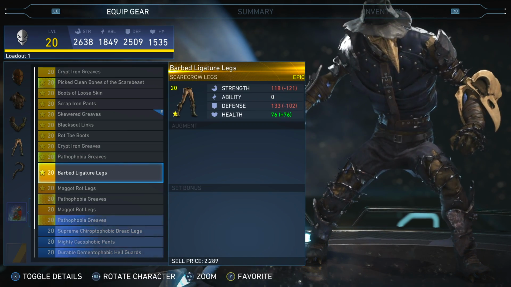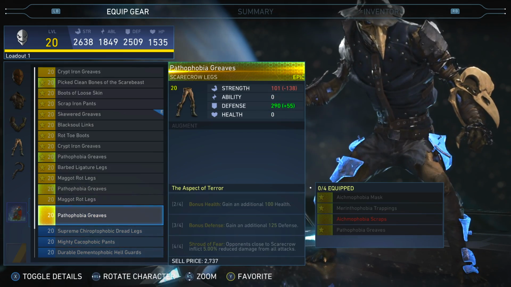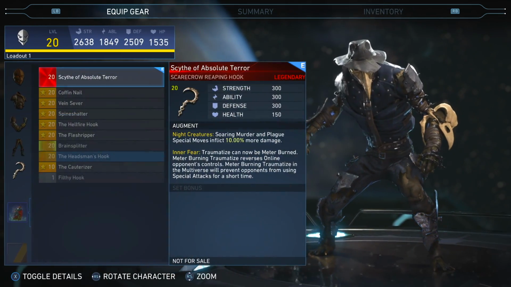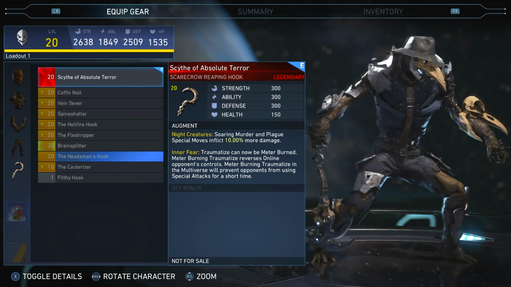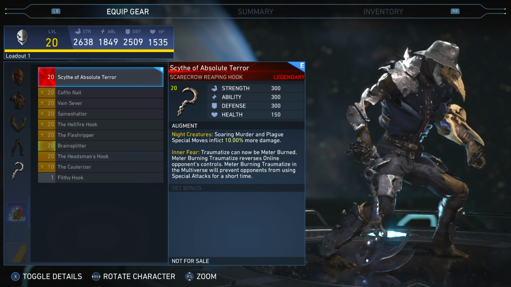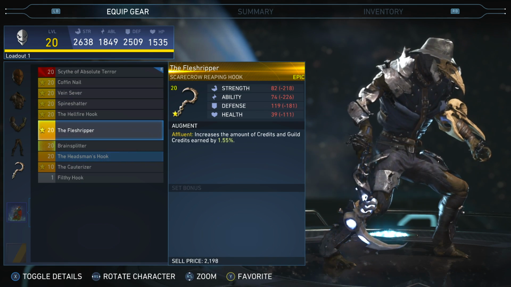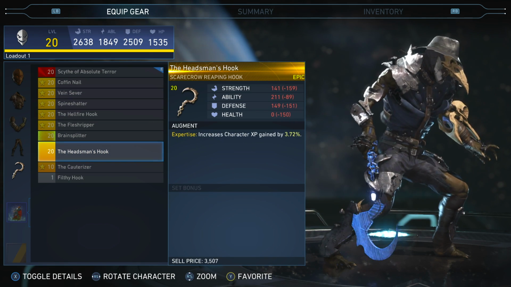Barbed wire legs. I like it. I like the barbed wire legs. As you guys see here, this is my legendary Scarecrow gear. It's the smallest one, but it's not the size that matters. It is I